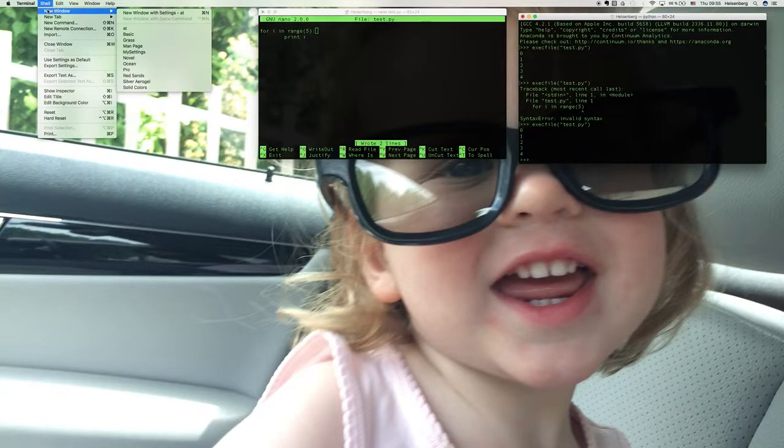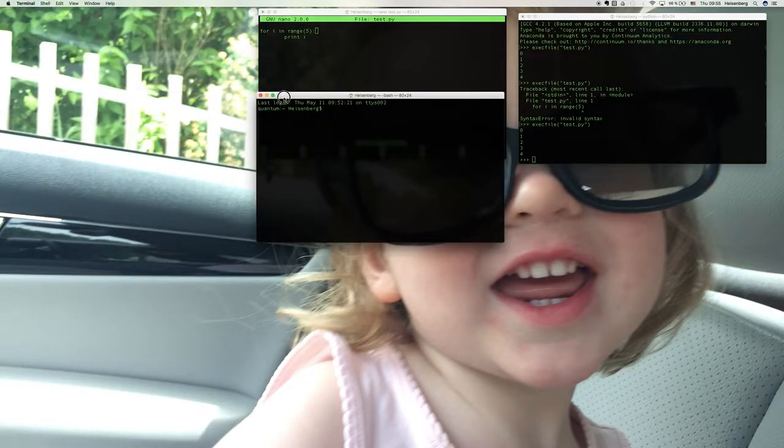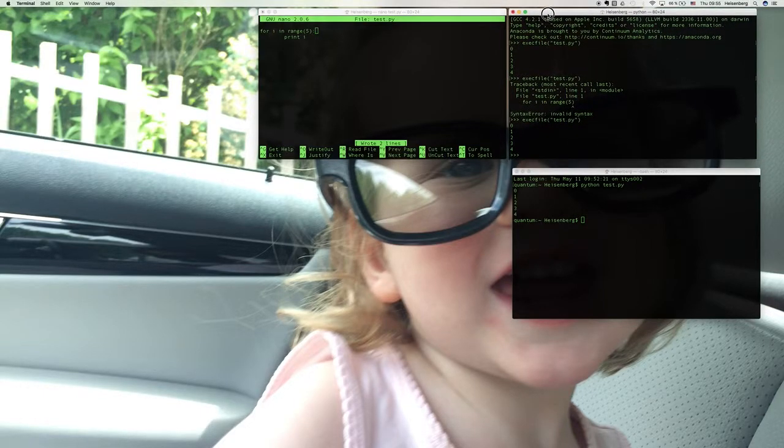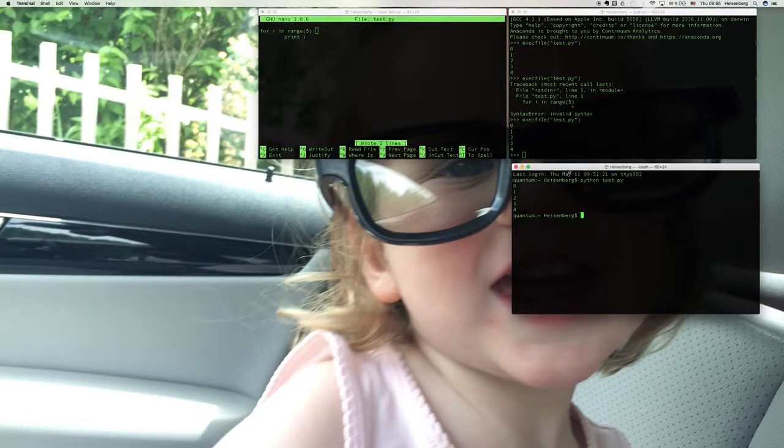Now I'm going to open up another shell window, terminal window, and what I want to do here is to show you that you can also run this test.py here in the terminal window. You don't have to be in this shell. And the idea here is that now you can have 3 windows open. One you can be writing your code in that you want to test, and so for longer pieces of code,